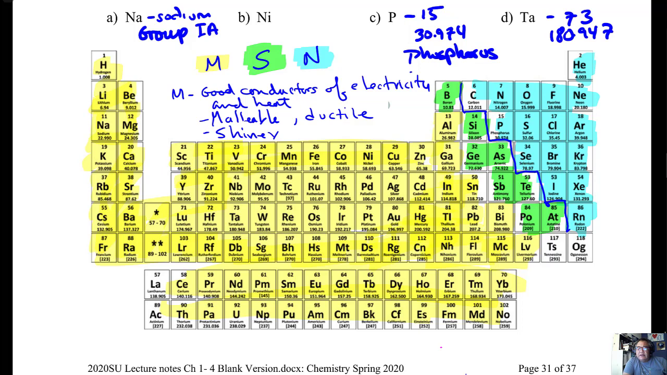Good conductors of electricity and heat. Malleable and ductile means you can form foil out of, for example, aluminum foil. Ductile, again, being formed into wires, and they're shiny. And then